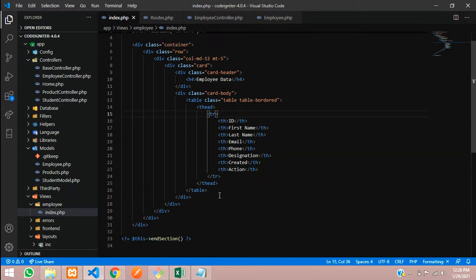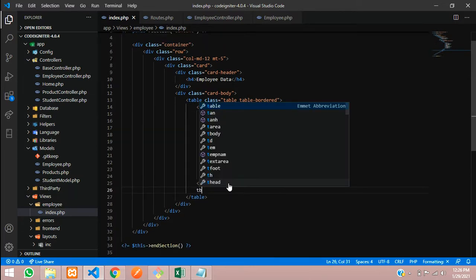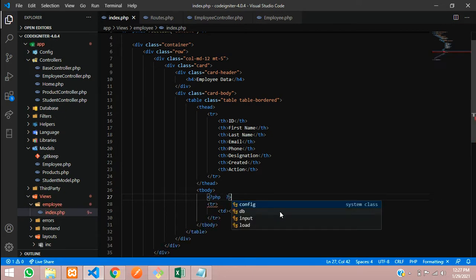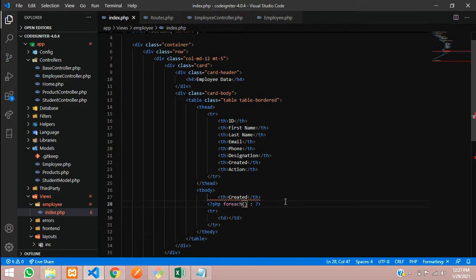Simple. In the same way you need to fetch that over here in the table body. Let's give a table row, and inside this, td, you are going to fetch over here. Let's type the code for it. So open PHP and close PHP. Let's give a foreach function, and let's give a colon over here. Okay, let's pass the variable called employee.